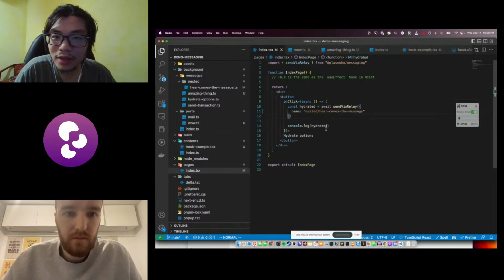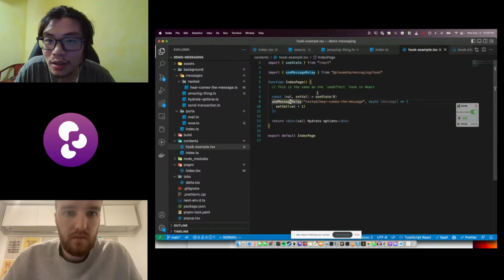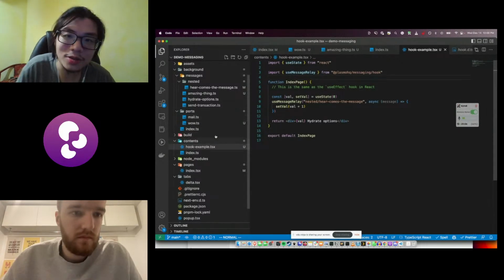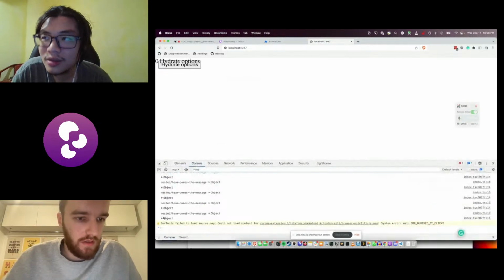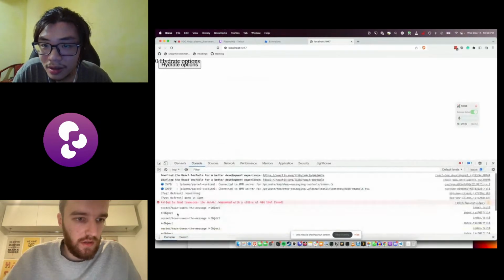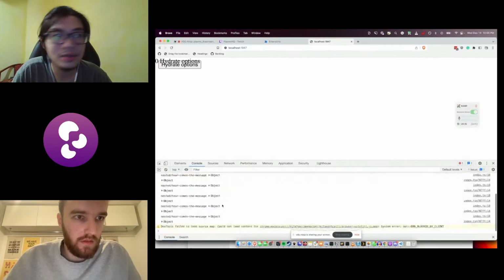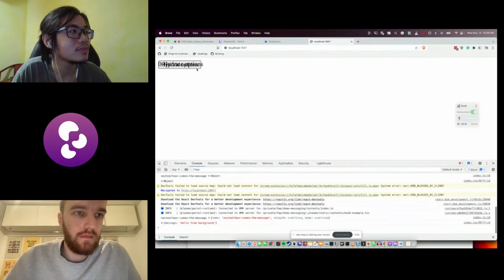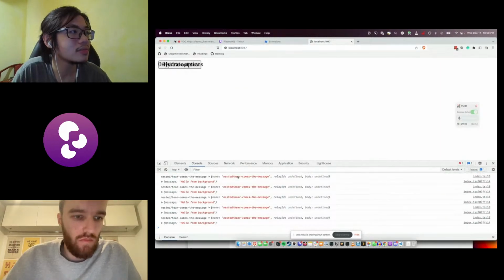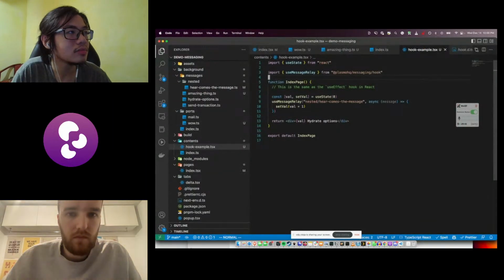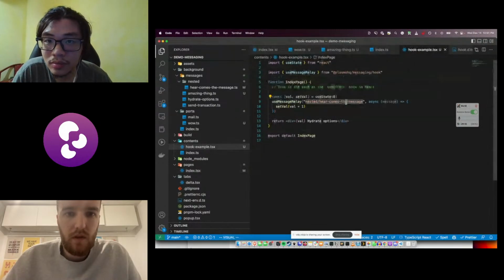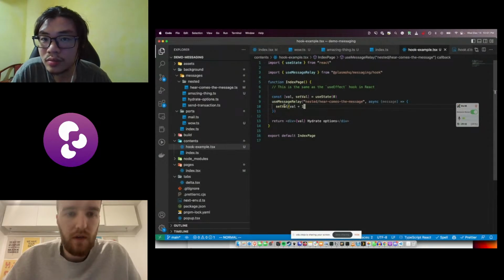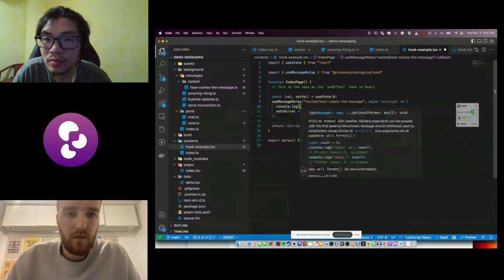I guess by default it should match. By default it should just match all websites for the content script. I mean, it's running there, yeah. Let's see. It seems like it does relay, but I don't know if this code runs.